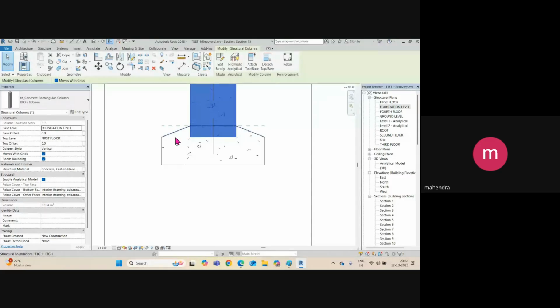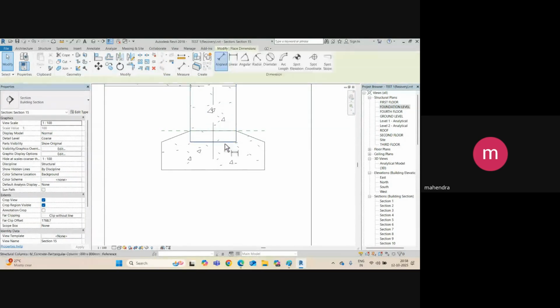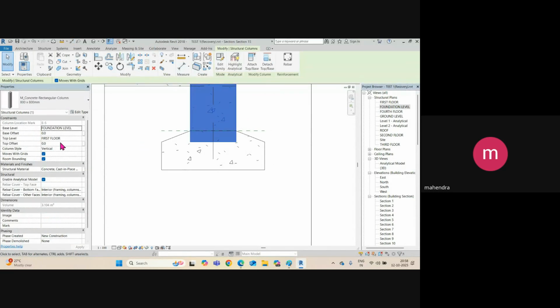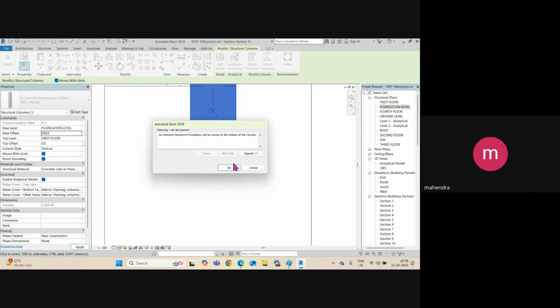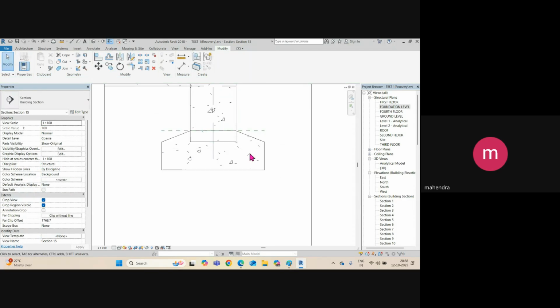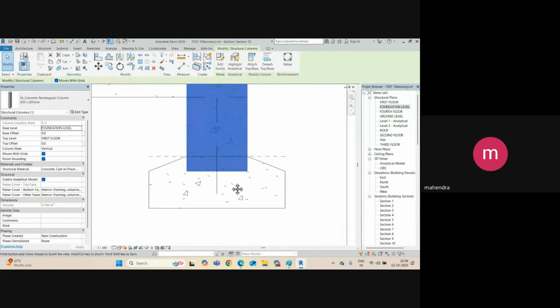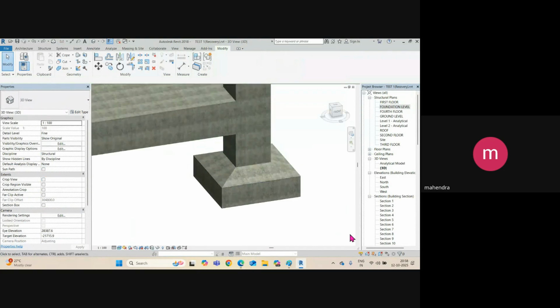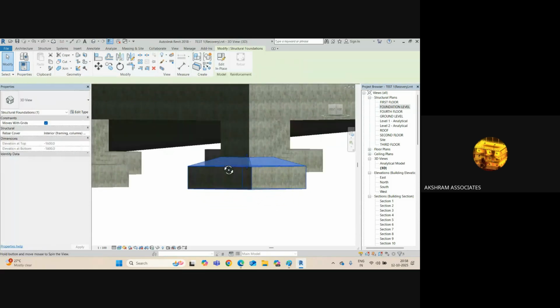ये देखो अगर मैं इसको हाइड करता हूँ तो ये ज्वाइन हो गया, और ये कॉलम आपका यहाँ तक आया है, ये फाउंडेशन के ऊपर आया, ठीक है। अगर आप ये कॉलम यहाँ से स्टार्ट करना चाहते हो, ये कॉलम को ऊपर चढ़ा दो। ये कितना है, 200 है ना, तो इसको सिलेक्ट करो और इसका जो बेस ऑफसेट है वो 200 दे दो और इसको ओके कर दो। सॉरी, उसका फुटिंग भी आएगा ऊपर। ठीक है, ये भी चल सकता है, ये मर्ज हो जाएगा ना बीच में ऐसा।